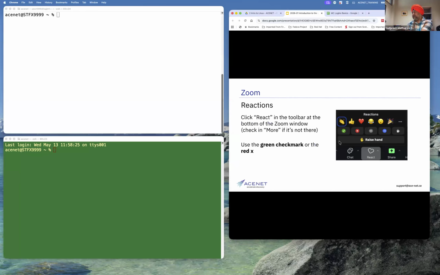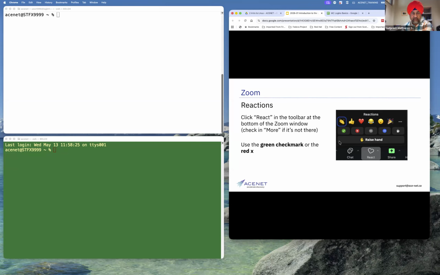So, Zoom reaction buttons. Probably everyone knows about them. From time to time, if you have a question, you can raise your hand over there. And I will be checking with you whether everyone is with me, or everyone is doing fine, and for that there are green check marks that you can use. If something is not clear or if some of the commands are not working, then you should put up a red cross mark.